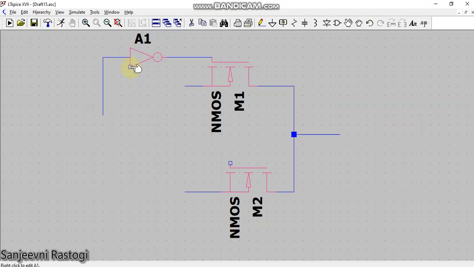Why? Because if you connect this particular wire here, it will not act as a NOT gate, it will act as a buffer. So if you provide voltage S here and connect this wire to this particular port, you will get S only, you will not get S bar, which is required. So just make sure you connect this wire to the upper terminal of this NOT gate.